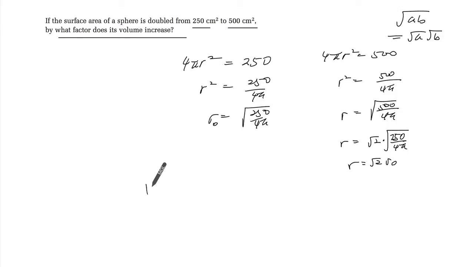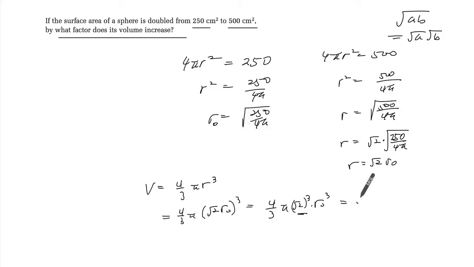Okay, so then the volume for the bigger one, 4 over 3 pi r cubed. So it's 4 over 3 pi, and we can replace the r with root 2 R0. So you get root 2 cubed and R0 cubed. Now if you just bring that to the front,